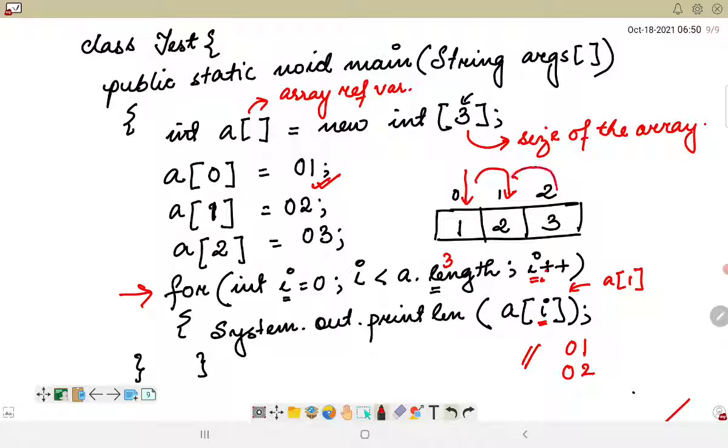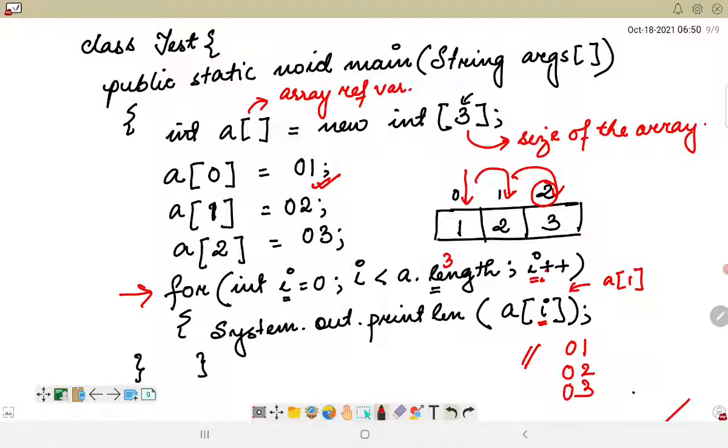So i will now be pointing to the third position, and it will compare if it is less than 3 or not. So the position is 2 now. It is less than 3, yes. So it will be printing the third value, which is basically 3.